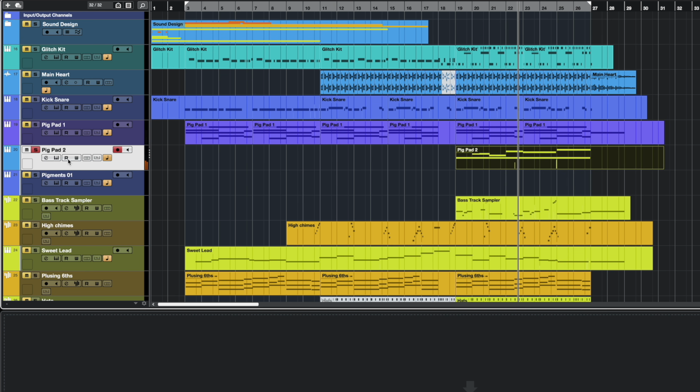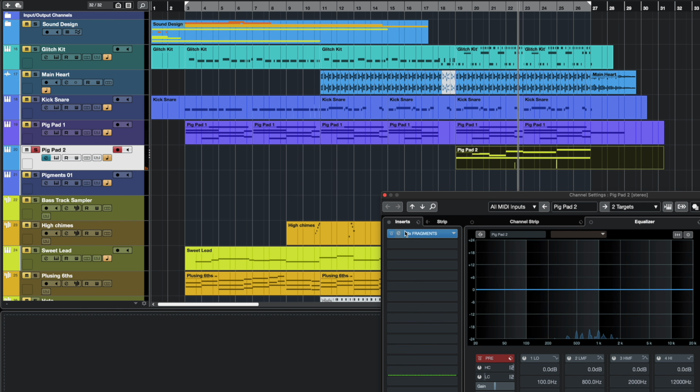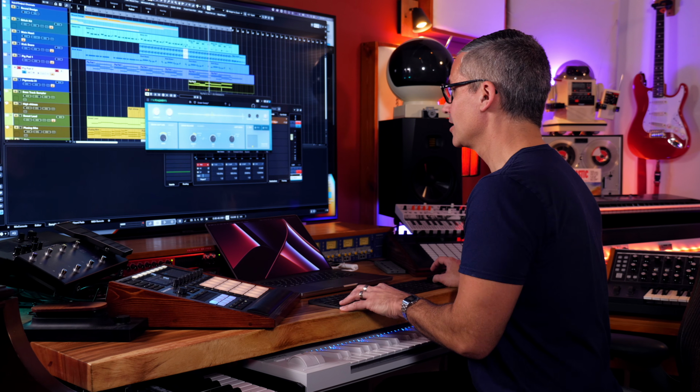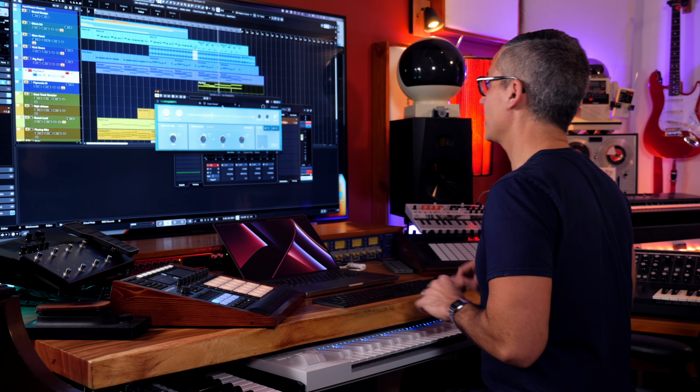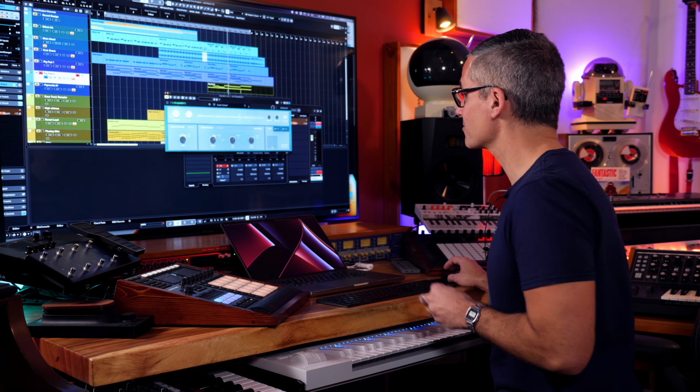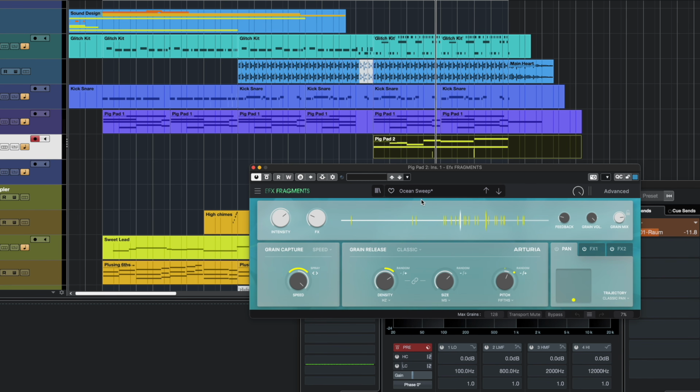And that one was made by putting on Fragments. And this is the default patch that pops up when you open up Fragments. And it's a beautiful sound. So it was really smart for them to use this one as the default. It's called Ocean Sweep. And so without the effect, with the effect,